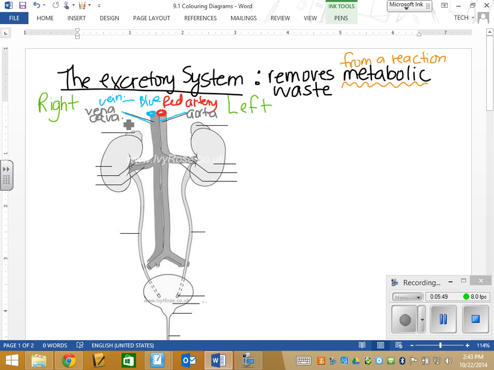Those are the two main blood vessels that bring blood away from your heart and then back towards your heart. And so most of the organs will have an artery or a vein that branches off of one of those. So for example, if I follow my artery down, and it goes over this way, where it's entering my kidney, which is a structure we'll talk about shortly,